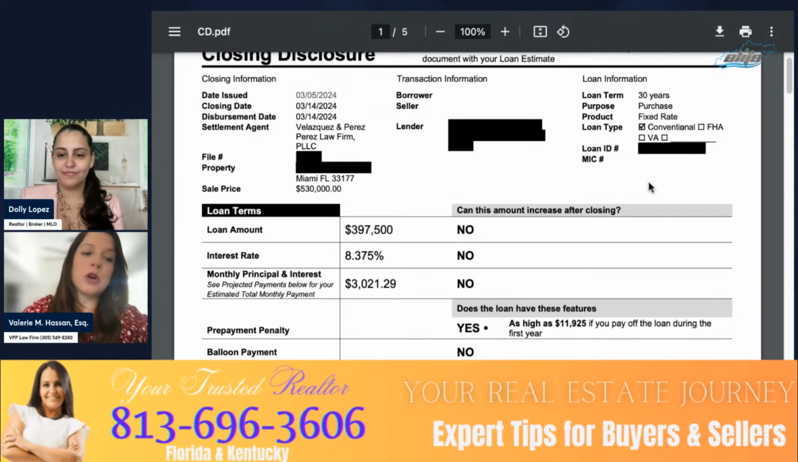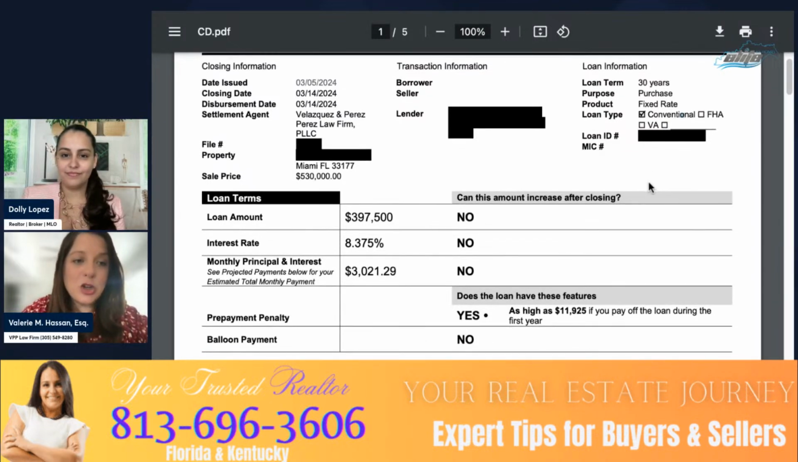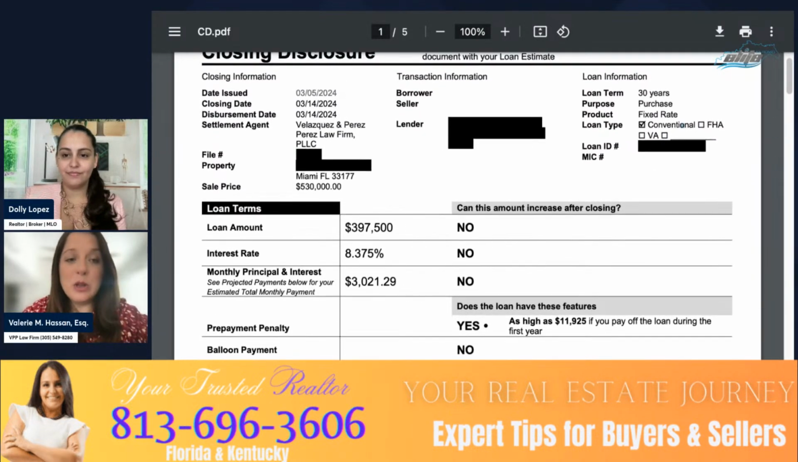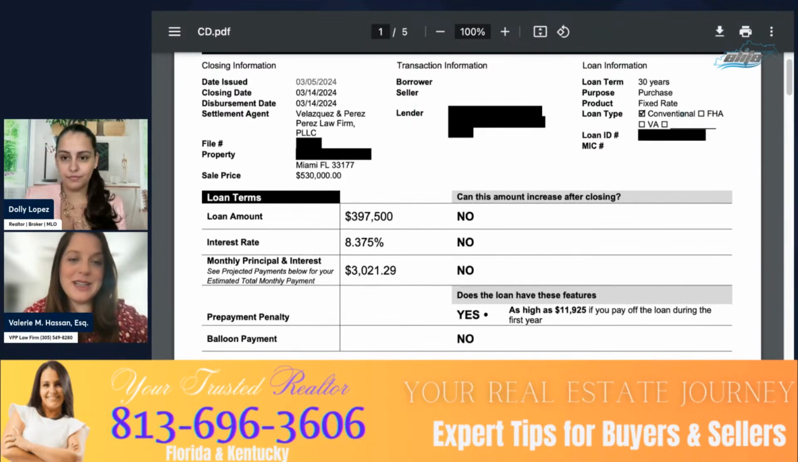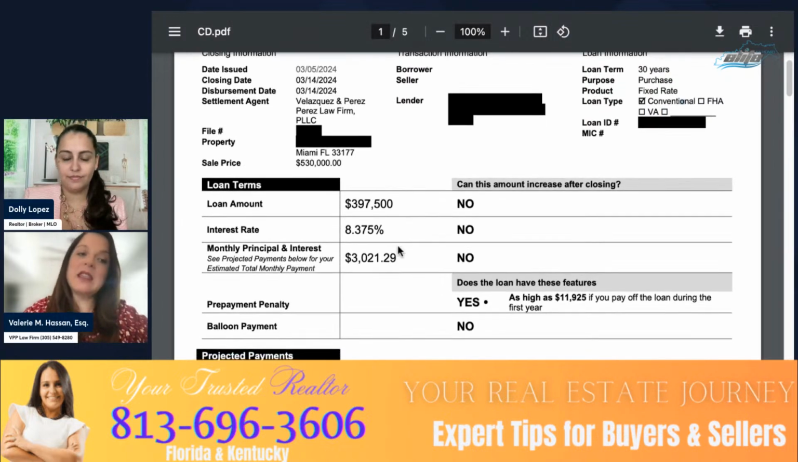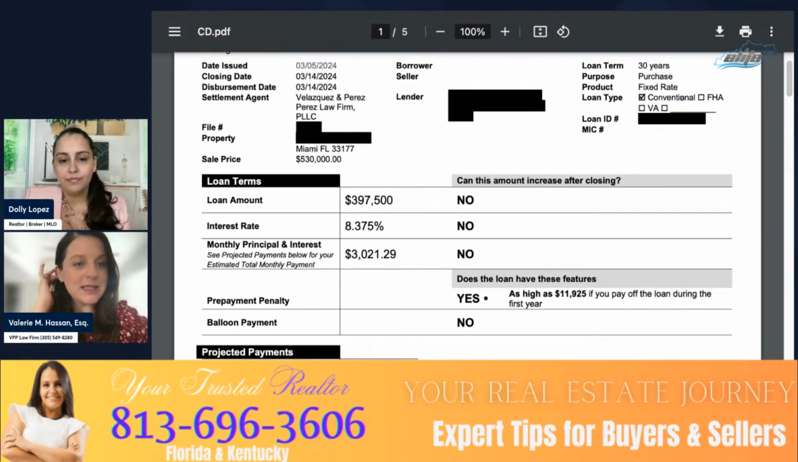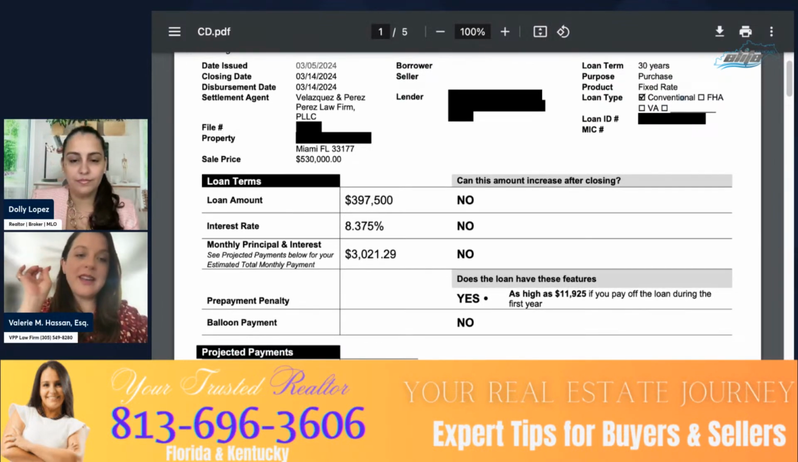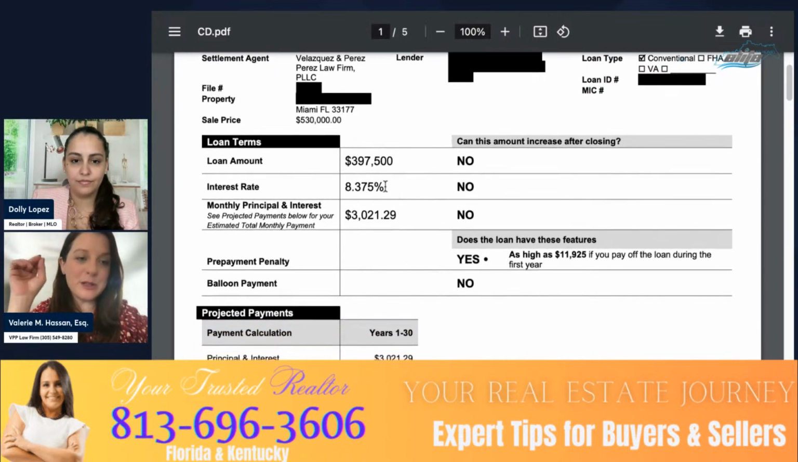I always want to make sure with my buyers that these are the terms that they agreed to, right? Because we have a loan amount right there, the $397,500. And then we have an interest rate of 8.375. And then it's very important to note that this is a principal and interest payment. When it says monthly principal and interest, that does not mean that is what our buyer is going to be